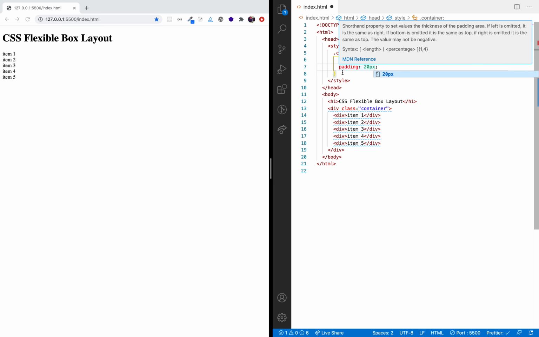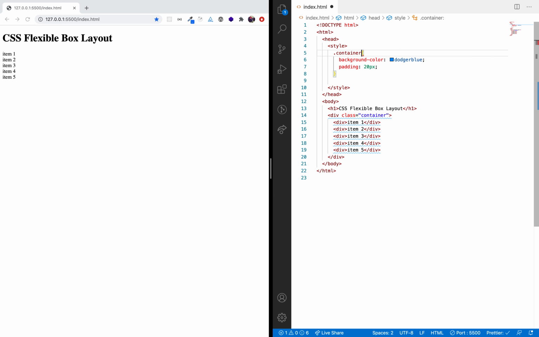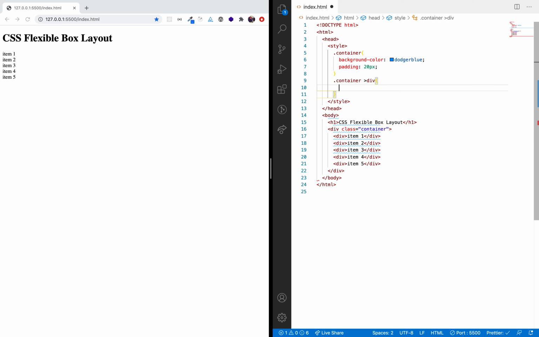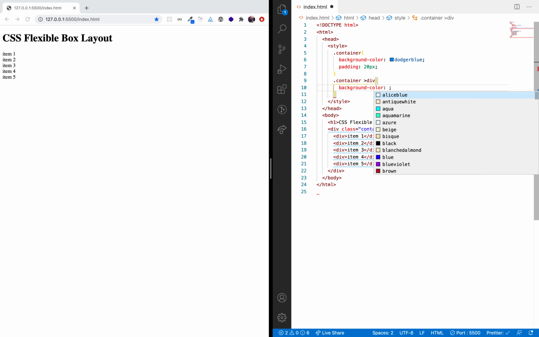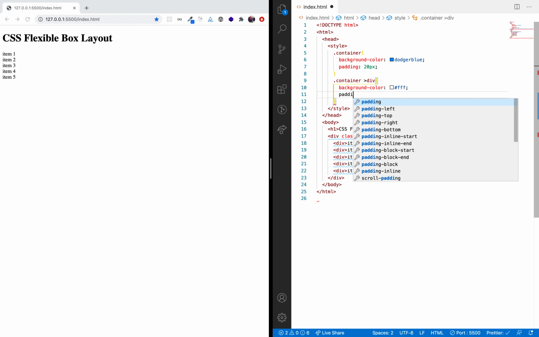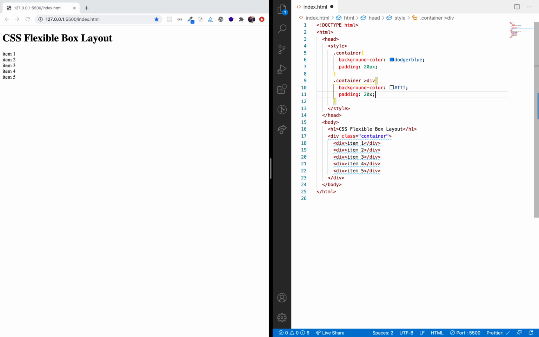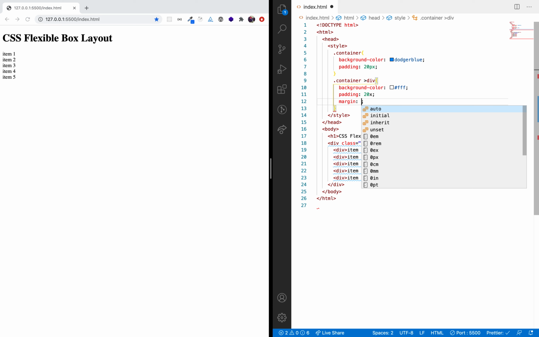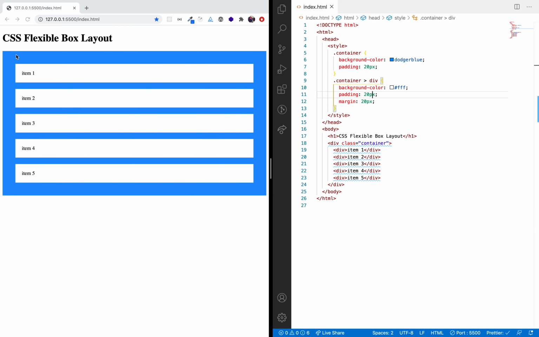Okay, I'm going to give some styling to the child items as well: background color, some padding, margin. Okay, so here we go. So this blue is our parent div and these are the child items. Okay, so let's see how Flexbox will work.